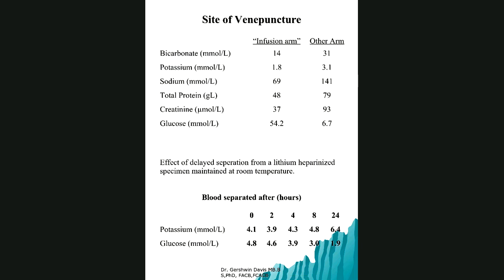Right. So here, take a minute to look at these. Examples of pre-analytical error, that's a big topic here, right? I didn't go through this in detail in your presentation, so now's the time. Look, this is pre-analytical error due to site of venipuncture. Pre-analytical error due to delayed separation. So take a minute and look at both the top one and then below, and then we talk about it. See if you can figure out what is happening with the site of venipuncture. Look at the infusion arm and the other arm, and then make some comments. So I'll keep quiet for about half a minute so you can think about it, and then we talk about it.